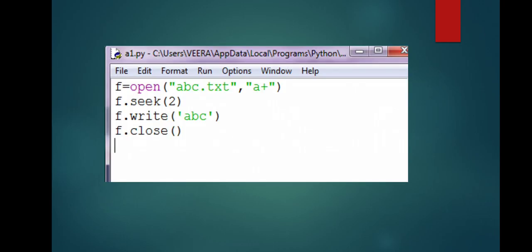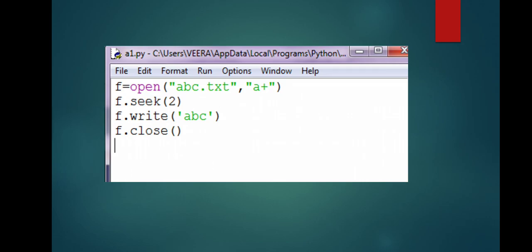Now one important point I would like to stress out through this example. See, the same file I have opened in A plus mode. Now in A plus mode, what happens? The cursor will be positioned at the end of the file. After that, I have written the same code, f.seek 2.